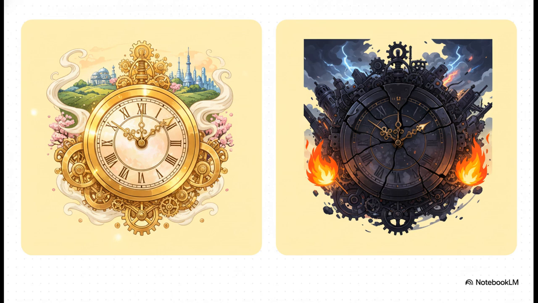The golden clock moves clockwise, and it's pushed forward by days filled with virtue and kindness, leading history towards peace. But the dark clock moves counterclockwise. It's fueled by malice and harm, and it's dragging the world toward calamity. It makes every single day a battleground in a cosmic race.